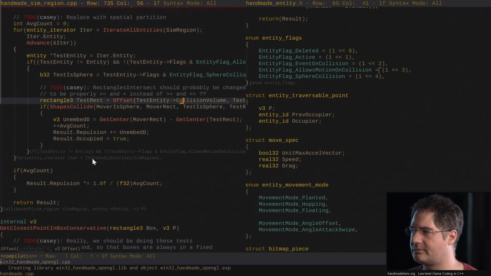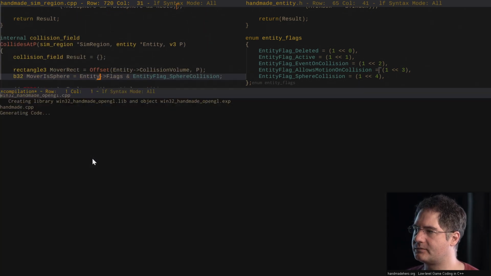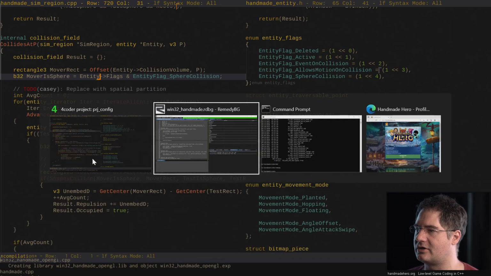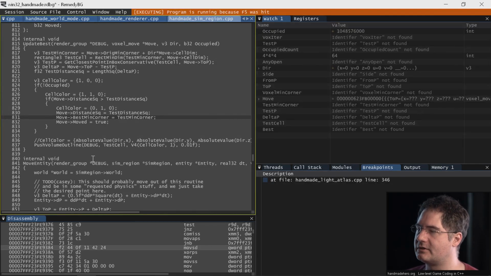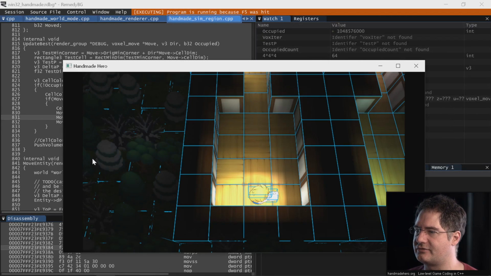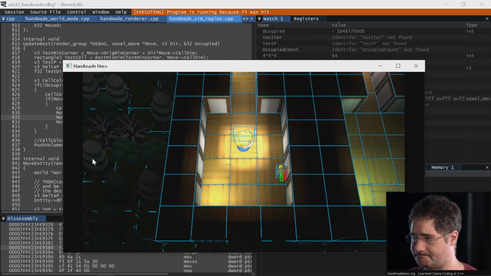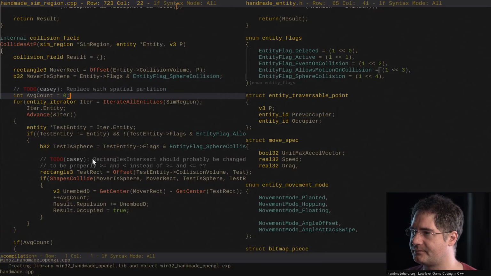What is the problem? Test entity is not known. Oh. There you go. So in theory, this should do nothing because nobody should have spherical collision set. So when we run it, it should just do exactly what it did before, right? Everyone should collide as a rectangle, and off we go. If I change it to sphere...